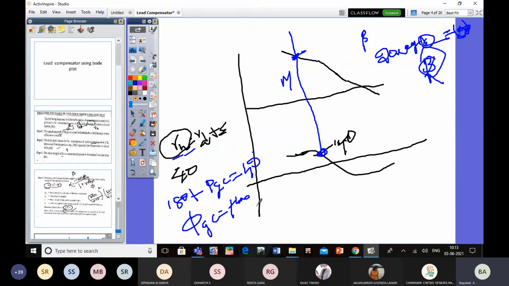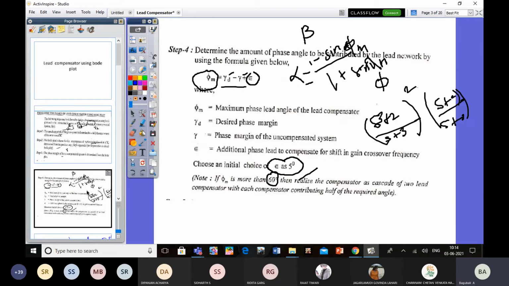Now it is given in the opposite direction. Now you know the value of beta, that means the gain. If you know the gain, then for this particular gain we can check the value of the magnitude. Only do that reverse procedure. For that magnitude, you determine where it intersects the frequency. That frequency is called omega m. That phi m, we can determine the frequency, which is called omega m.